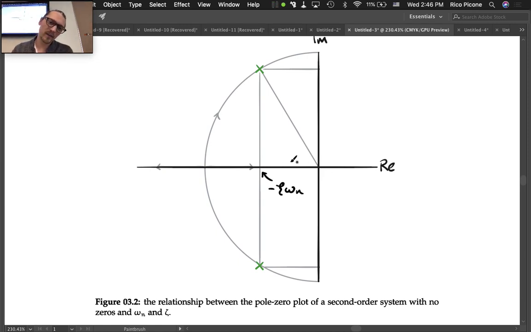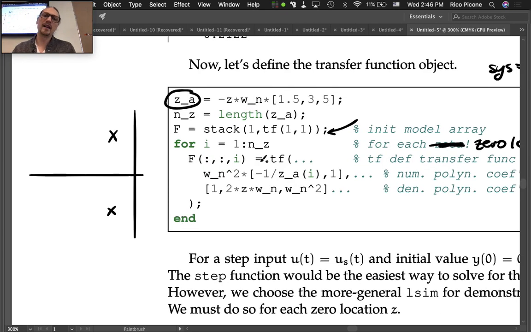And we're going to want to put that zero in some different places related to where those poles are. So that's why I put them at negative zeta omega n times three different places. I'm going to put it 1.5 times out past those poles. And then I'm going to put it at 3 times. And then I'm going to put it at 5 times. Okay? And I want to see, for these 3 different zero locations, how that step response